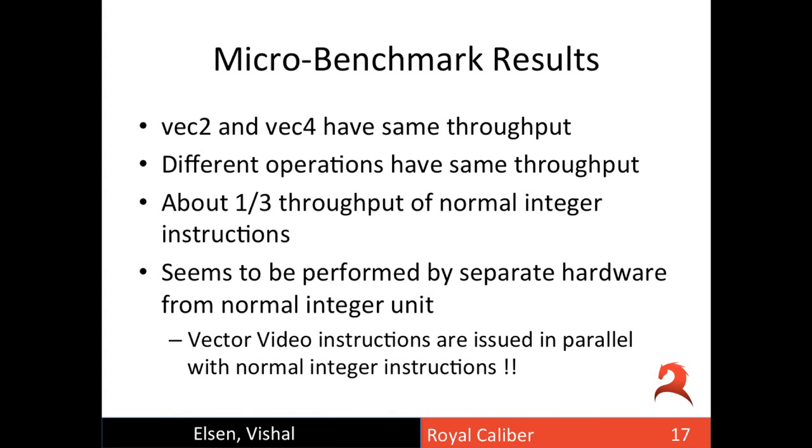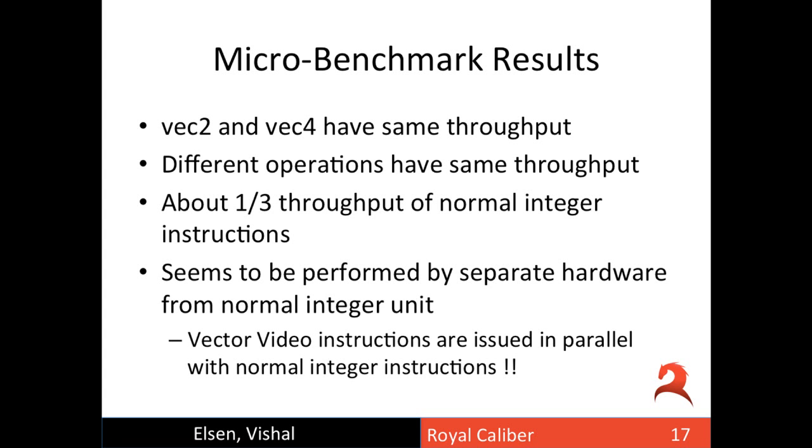So some micro benchmark results from looking at these instructions. You might be curious about, how fast are they? Are there differences between them? So basically, both the 2-way and the 4-way instructions have the same throughput. All of the operations have the same throughput, so whether you're doing addition, maximum, average, it's all the same. Unfortunately, they're slower than your normal integer instructions. They seem to run at about 1/3 the speed,